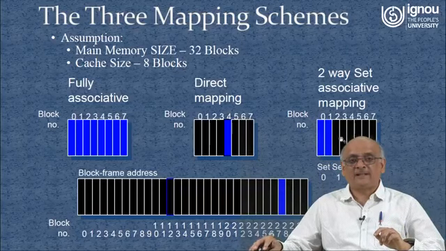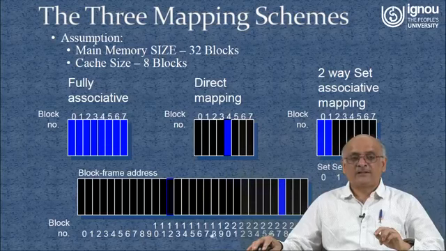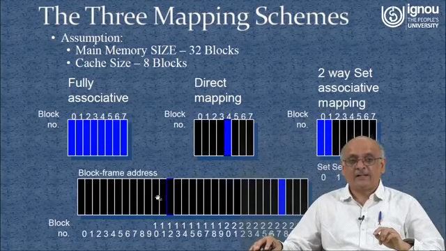So in that case, this is how my cache is going to be, and this is my main memory starting from address 00 till address 31. All these addresses are once again in decimal just to facilitate the learning. Suppose I am looking for memory location number 28, and the mapping scheme is fully associative. As we said, any of the meeting rooms, any of the locations, this particular address can be found.